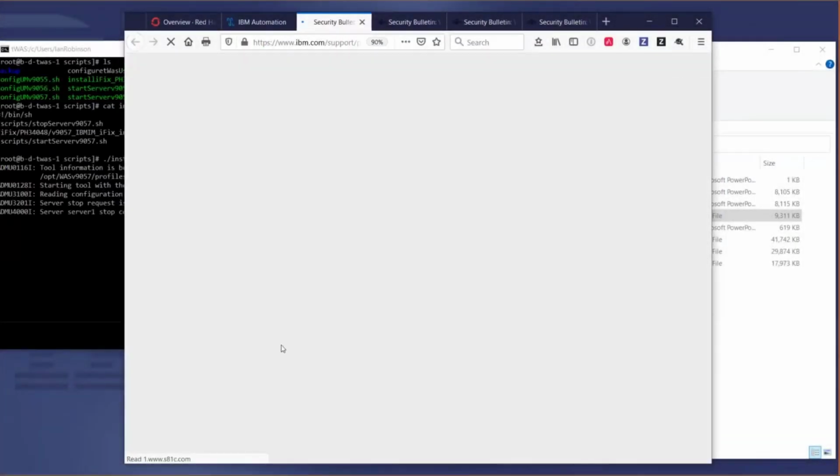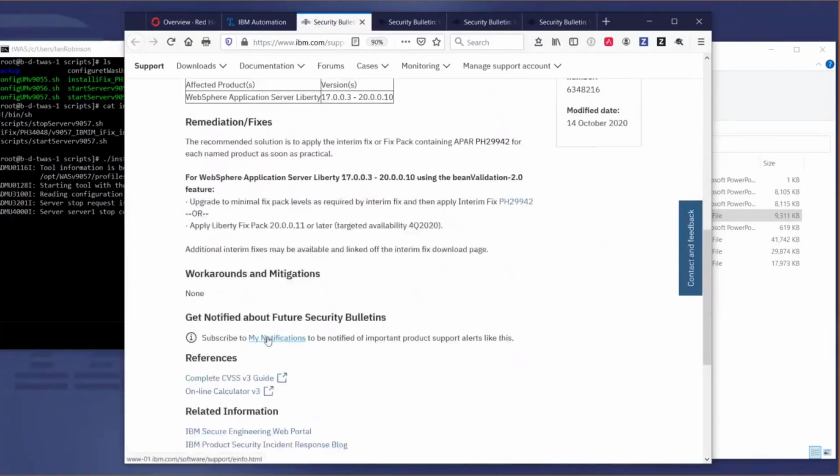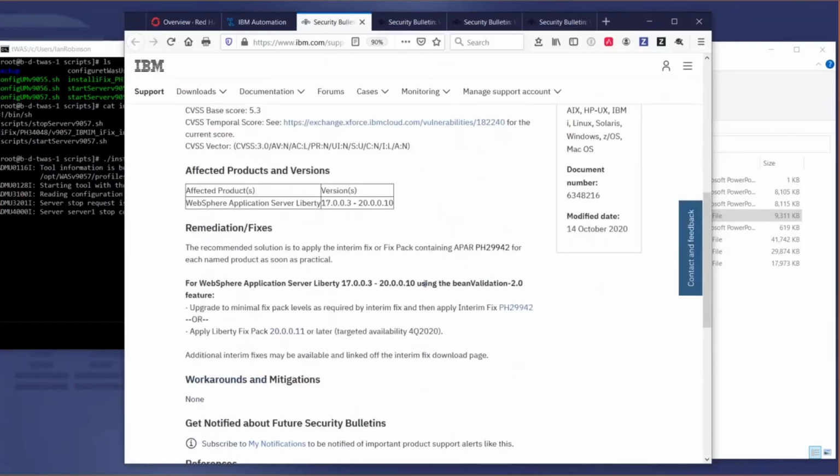If we look at this vulnerability, what we can see is that it applies to a specific range of Liberty servers, but in particular, it applies to WebSphere Liberty servers that are using a specific capability. Now, this is something that nobody else can do. Instead of simply reconciling vulnerabilities to version ranges of servers, we can actually drill down and say this vulnerability specifically affects scenarios where workloads are using this bean validation feature of WebSphere, and we can inspect, and in fact, WebSphere Automation does inspect the configuration of individual server instances,